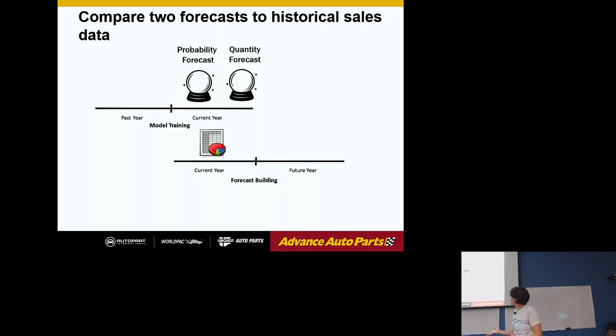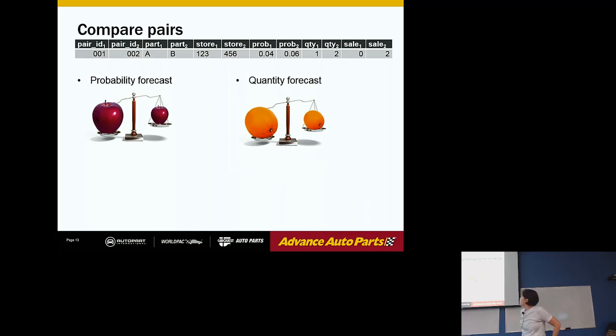Okay, so this was our goal. So we've created 2 models. One was a model with probabilities. One was a model with quantities. We had the data, so they both produced forecasts for the current year, for which we already knew the actual data, actual sales. So we can compare. The only question is, how do we now compare probabilities and quantities? And what we came up with is that, of course, you cannot compare a probability to a quantity, but what you can do is compare 2 probabilities.